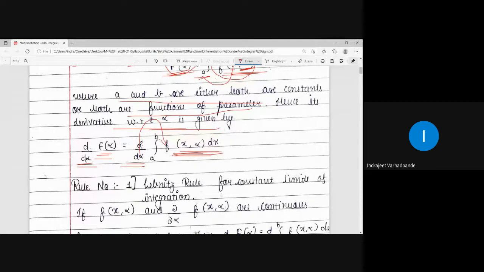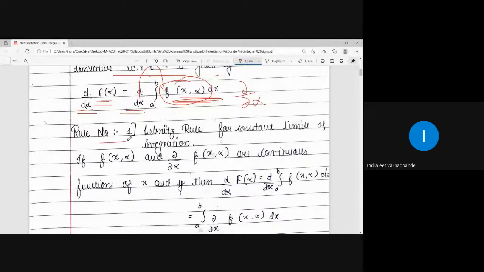So this is ∂/∂α. Now why am I taking ∂/∂α? Because the derivative with respect to only one variable will be calculated. That is ∂/∂α. Right? When this derivative goes inside, this is a function of two parameters or two variables, and therefore that derivative becomes a partial derivative, that is ∂/∂α. I hope everybody is now aware of the term partial derivative, and hence we will be simplifying in that manner.